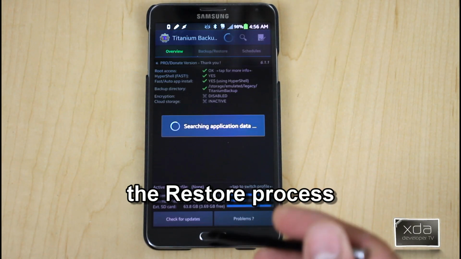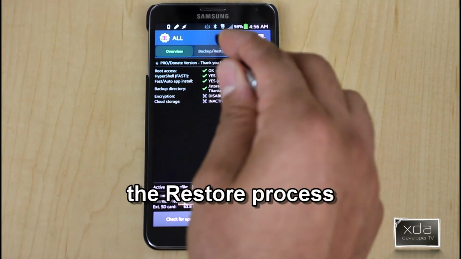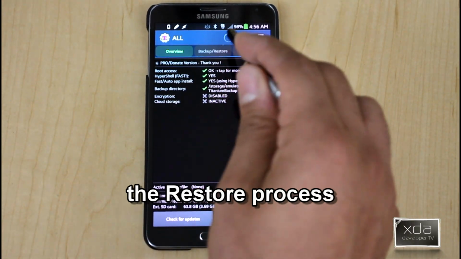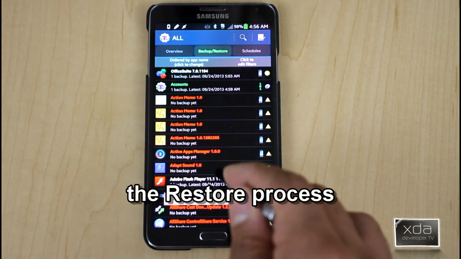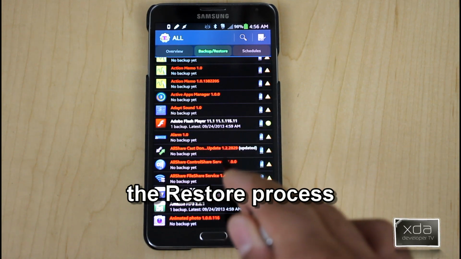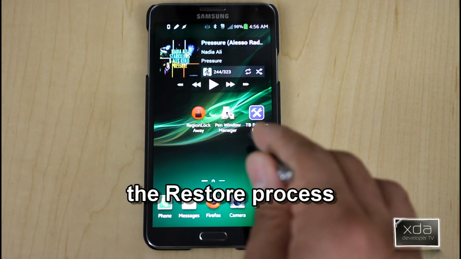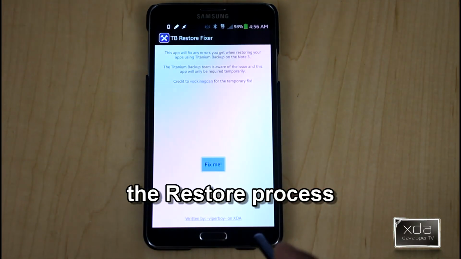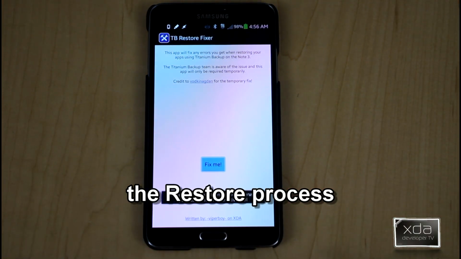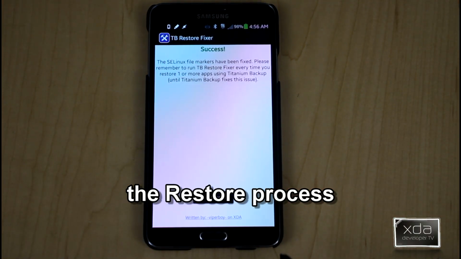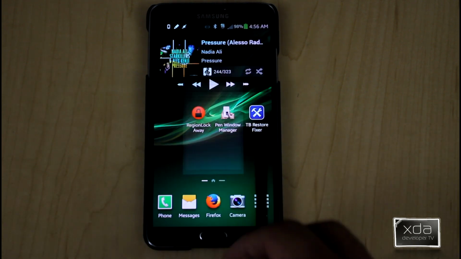So when you're running the backup and starting the process, you go into Titanium Backup. You can either do a batch or scheduled backup, and you start the backup from Titanium Backup. And once it starts, you immediately go into the application and say fix me. Once this is done, the restore goes correctly. If you're doing this on a batch, this will work. If you're doing it on a single restore, it will work as well. And then once we're all done,